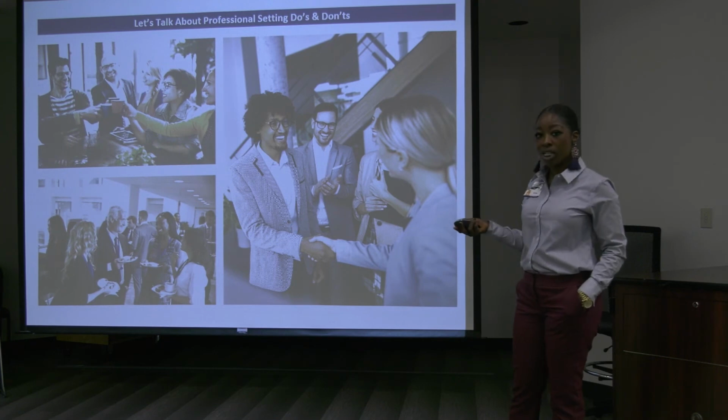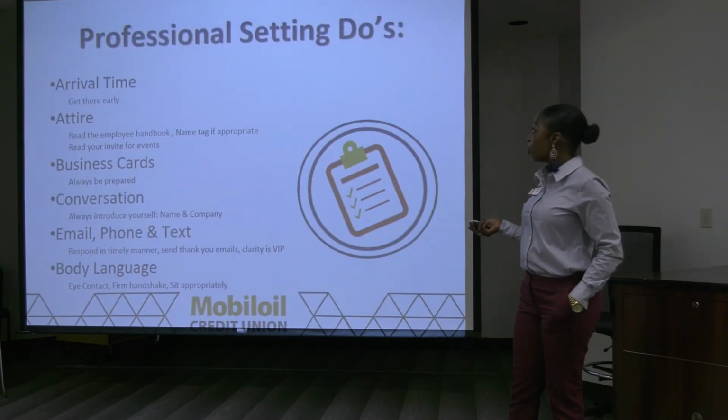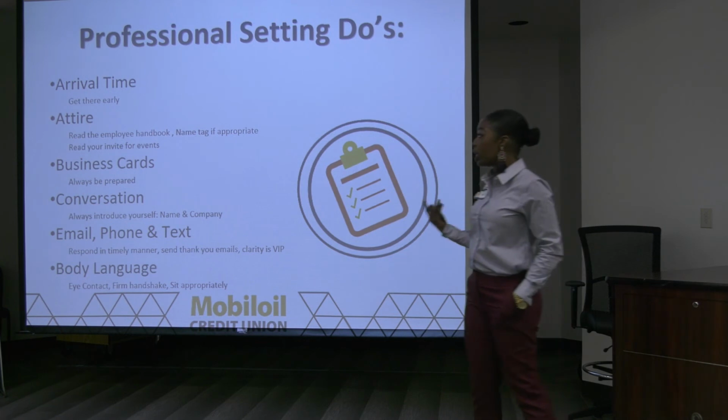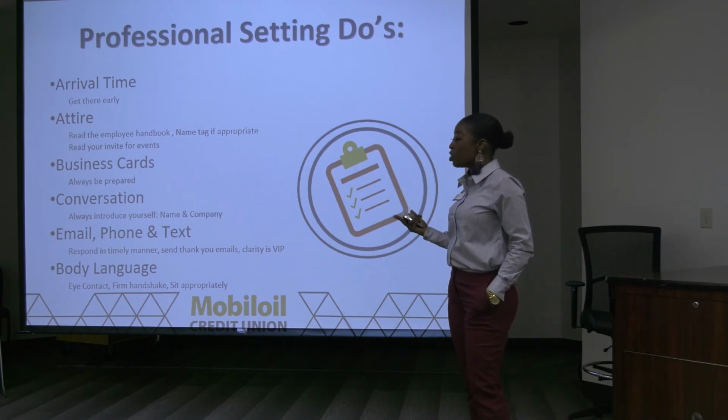Even in our company setting, we have times where we can let our hair down and have fun. But you still have to be mindful that you are at work and you're surrounded by people that you want to be respected by. So some professional setting do's are always going to be, whether it's to the office or an after-work event, try to get there early and arrive on time. If there is something going on and the speaker's up on the podium